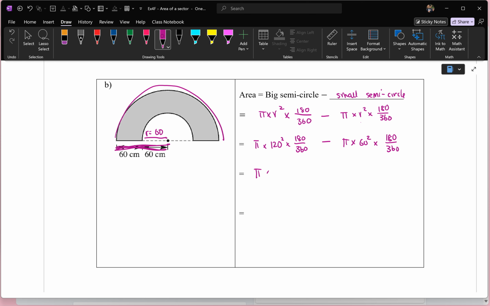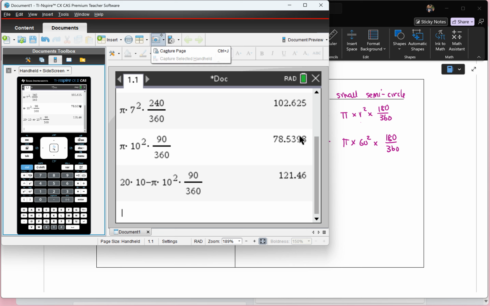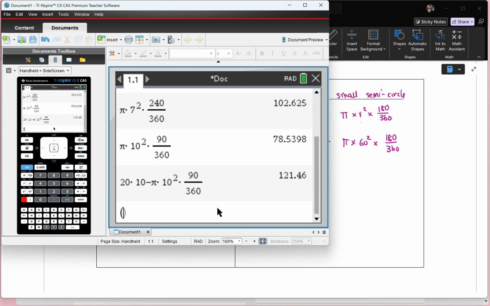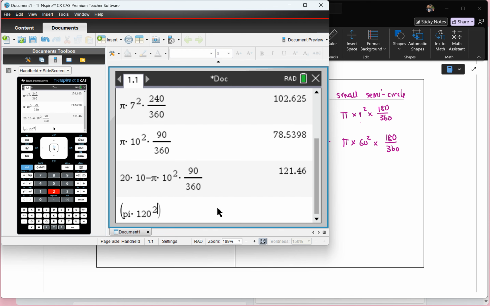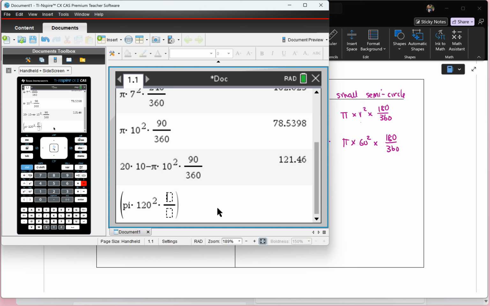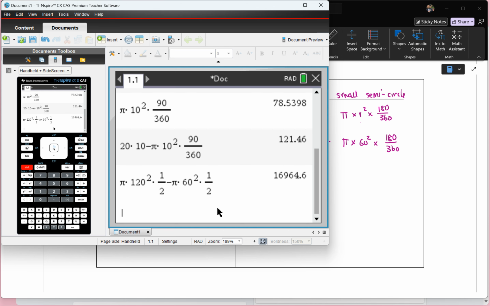So I'm going to type it on my calculator here. I'll do in brackets here, pi, so big semicircle is pi times 120 squared times half, because 180 on 360 is half. So that's the big one, minus the small semicircle. It's pi times 60 squared times half again. And that gives me a total answer of